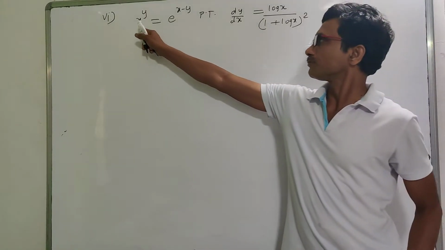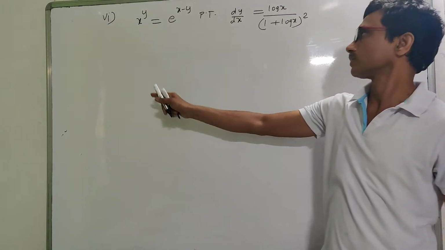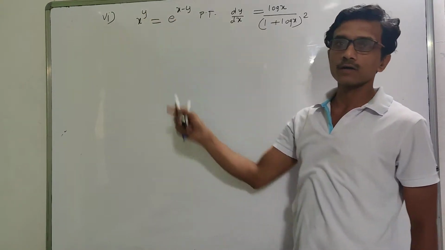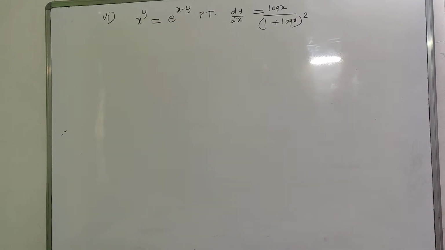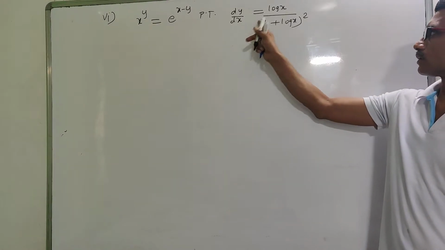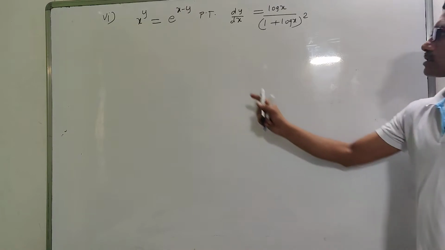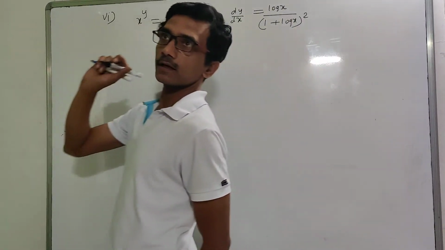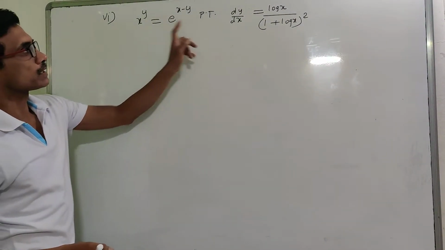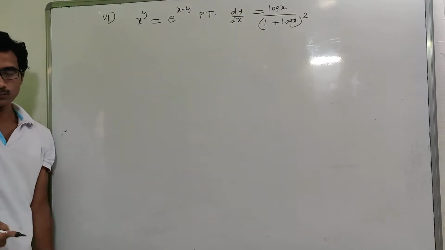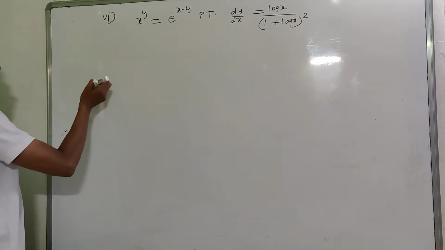Wherever function raised to power function is there, in such a case we take log and use logarithmic differentiation. See the expression which you have to show: log x upon 1 plus log x. Log is there, so let's take log of both sides here. It is a hint for us that we must take log of both sides. So taking log of both sides,